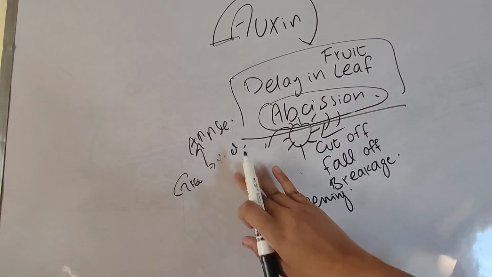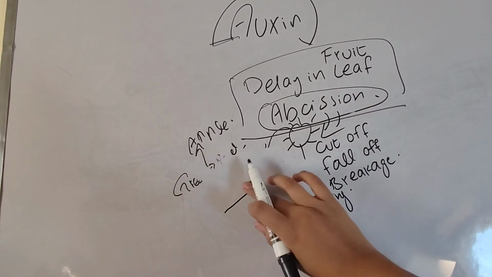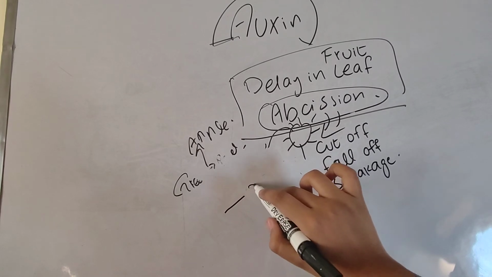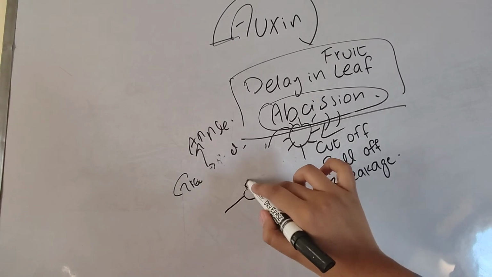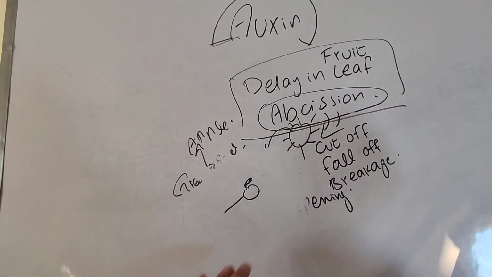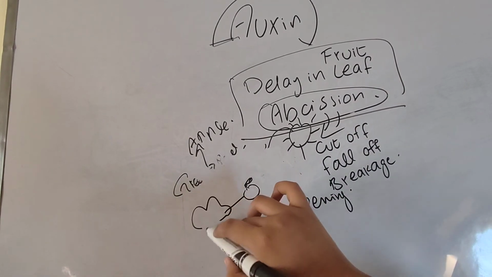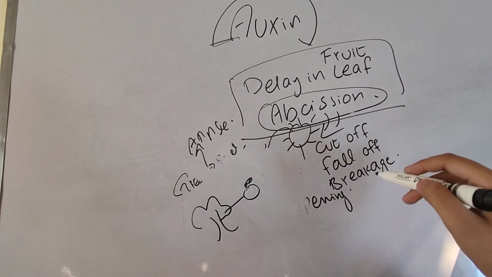Say this is the branch of a tree, and we have an apple here. Sorry, if we have an apple here, this is the branch of a tree. Okay, so